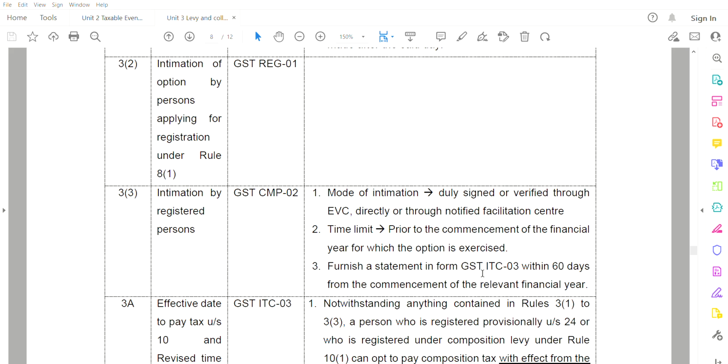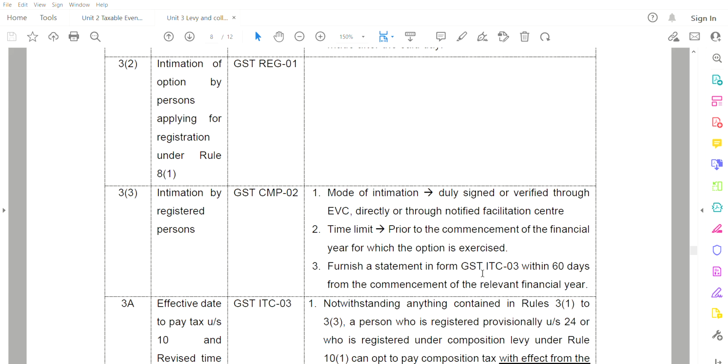This must be filed prior to the commencement of the financial year for which the option is exercised. For example, next financial year 2022-2023 க்கு நீங்க வந்து composition scheme போக போறீங்கன்னா நீங்க முன்னாடியே by March 31st you should give the option. You should decide and give the option. Then from commencement of the relevant financial year, that is from April 1st 2022, within next 60 days, which is by May 30th or May 31st, you have to file a statement of inputs and capital goods in stock, which